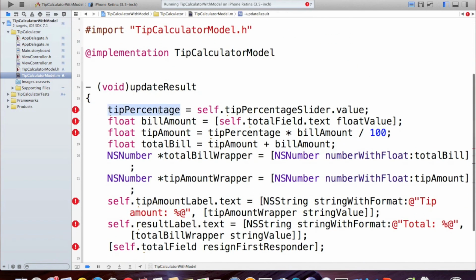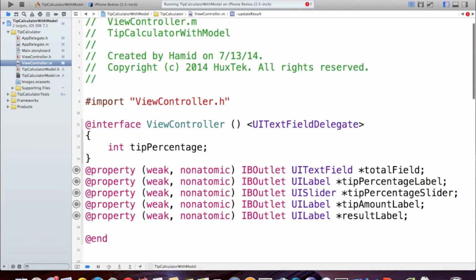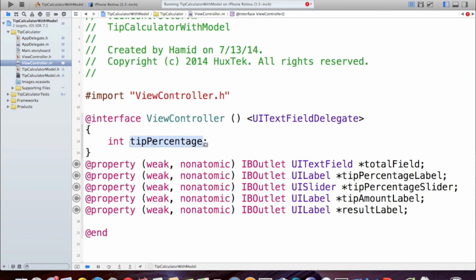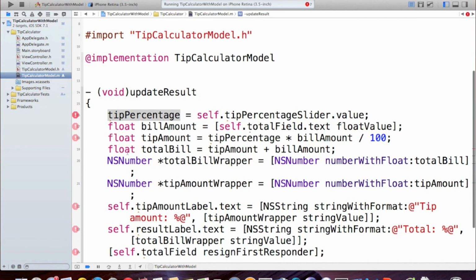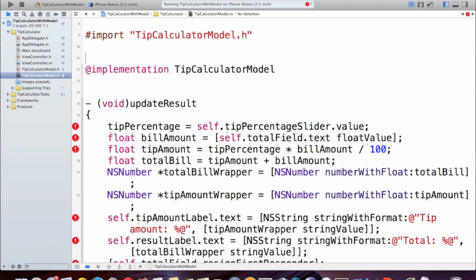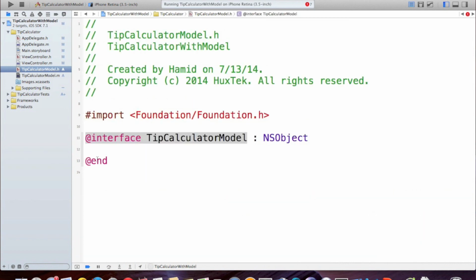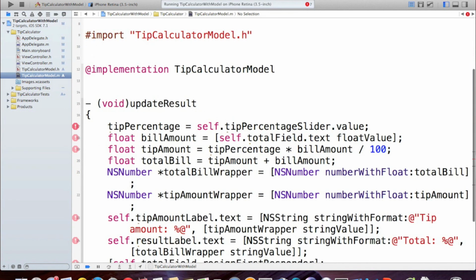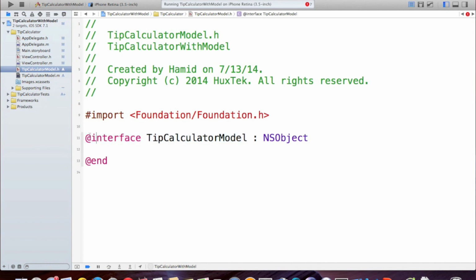But the first thing that we see is the tip percentage. The tip percentage in ViewController.m was an instance variable. In this tutorial I just want to use a property instead of an instance variable. So let's create a property. How do we create properties? We just come here and we have to put it inside of an @interface and @end. Since it doesn't have @interface and @end, we have to create an interface. So we copy and paste it from the .h file